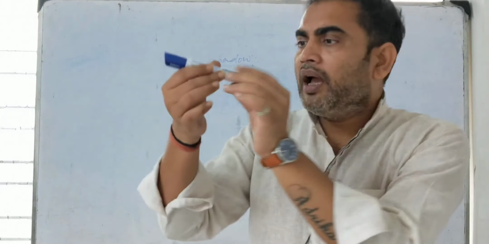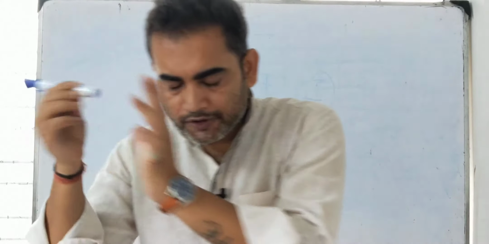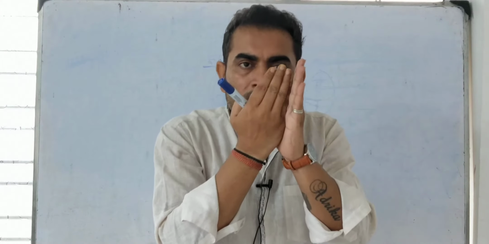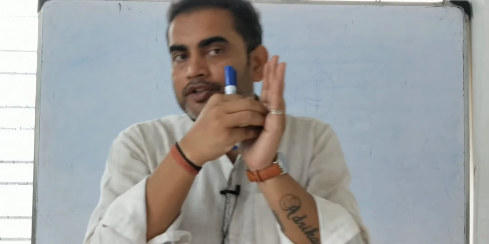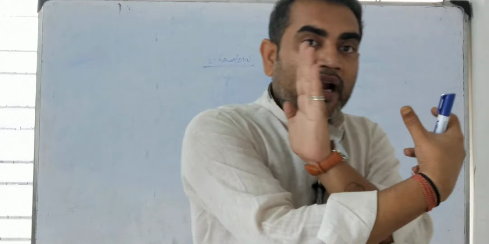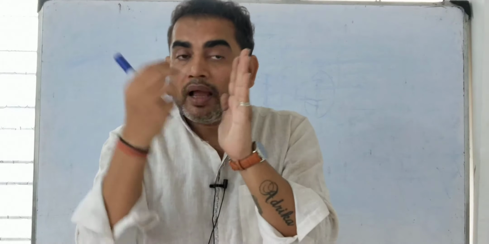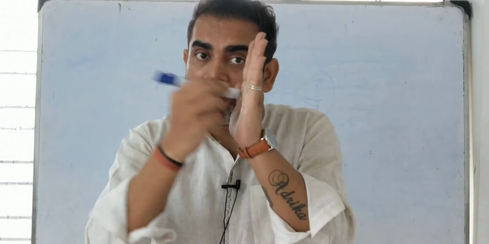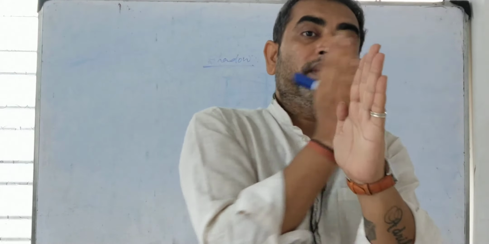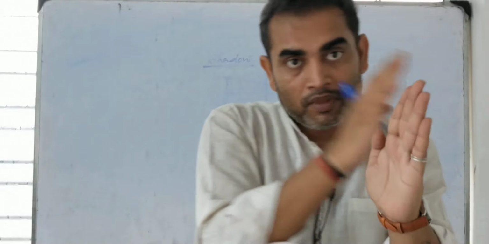So suppose we have a source of light, and in the path of this source of light we are placing an opaque object. An opaque object will not allow the light to travel through it. That means light will strike this object and will not be able to penetrate and go beyond it. That means light will stop here, and as the rays of light stop at this place, a black region will form behind the opaque object.